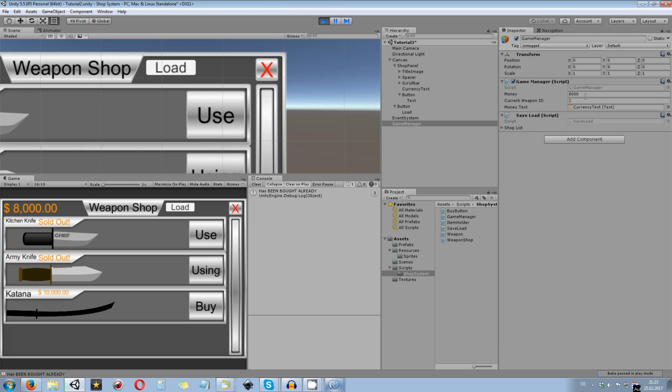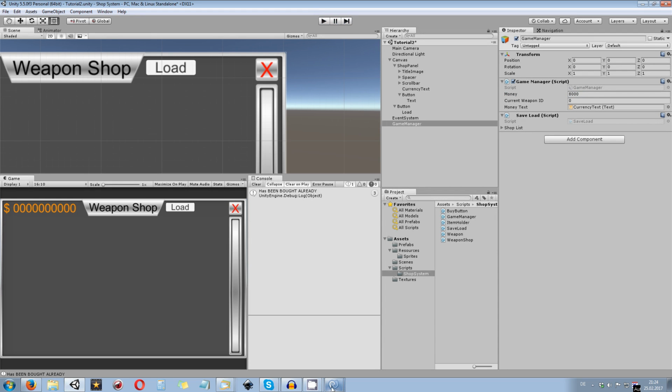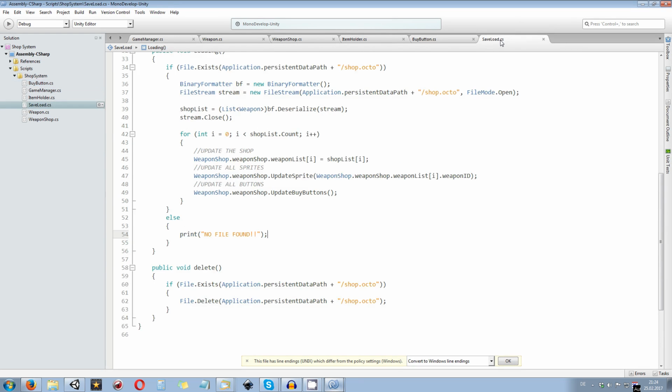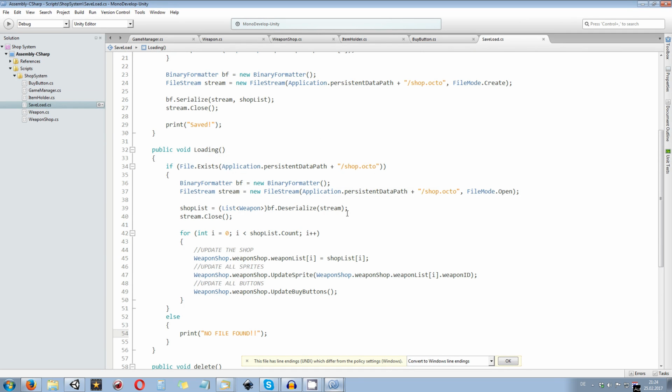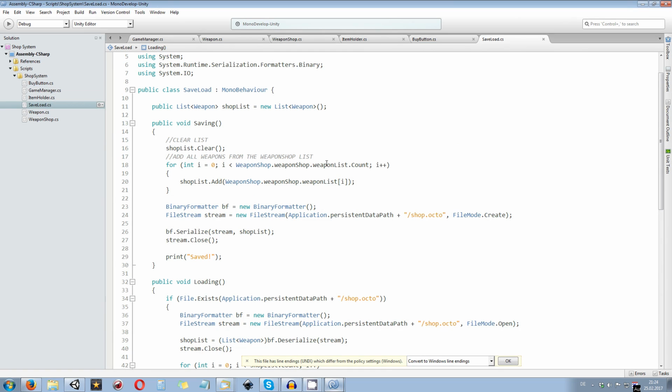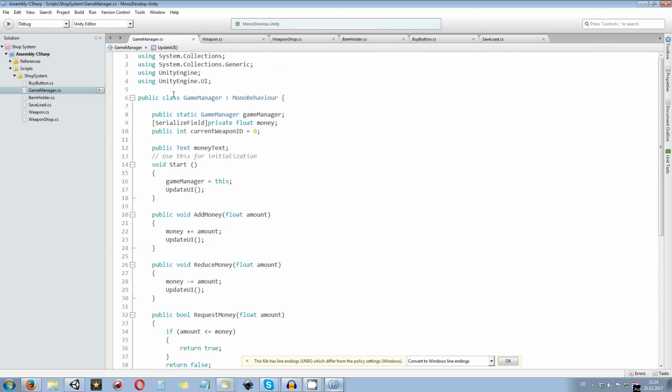And also we are able, of course, to store the money we have once we are going to do everything in here. So that's going to be the last steps to complete the whole weapon shop system in itself. So let's get back to our save load script and let's see what we can do in here while we are saving and loading. How can we actually save and load everything which is in the game manager itself,